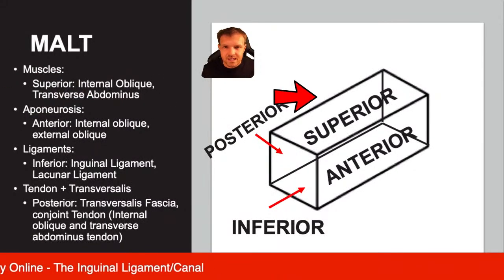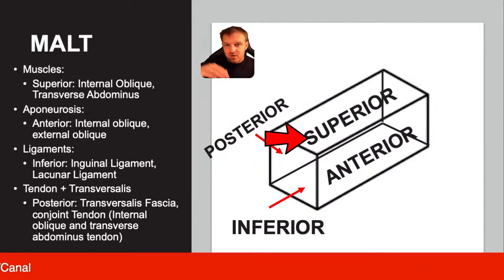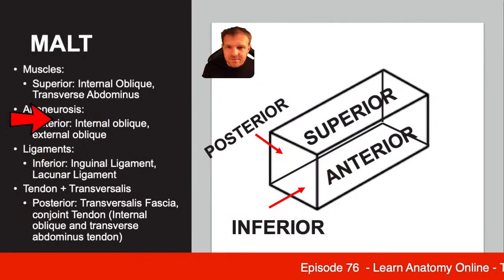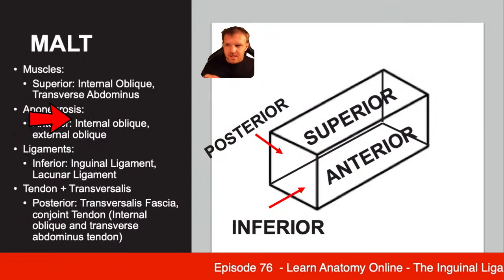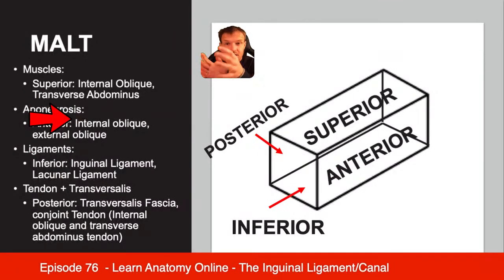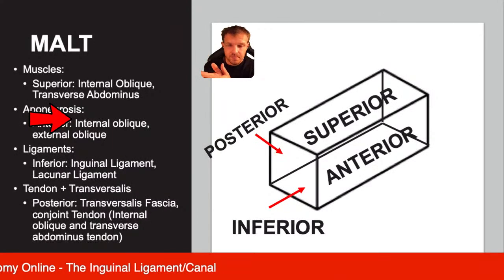So if we have a look here, hopefully this will make sense. This is the superior, so the roof part of the canal. And then anteriorly, so at the front, we have something called an aponeurosis. Now, an aponeurosis is a fascial covering that covers the muscle,